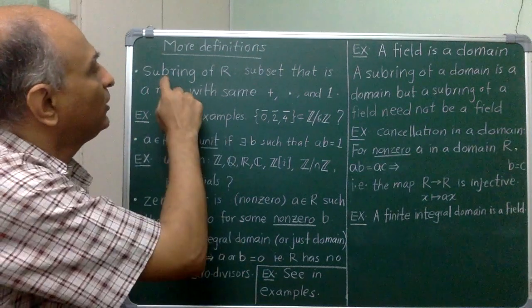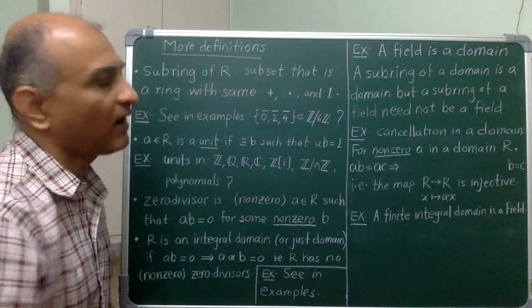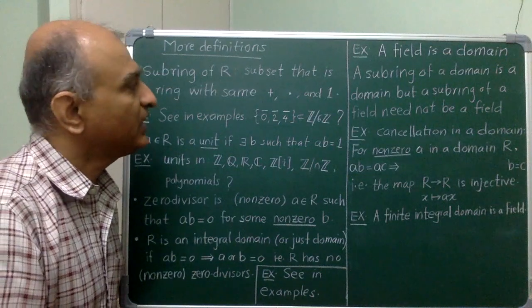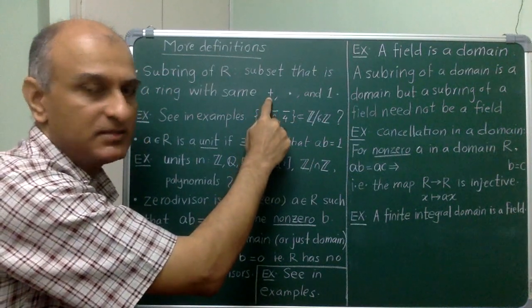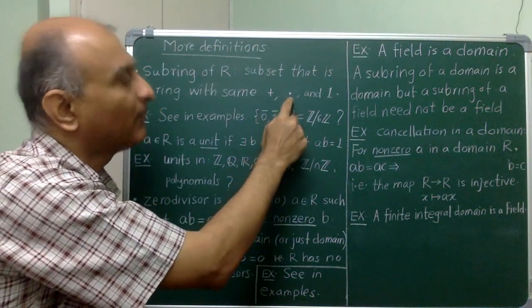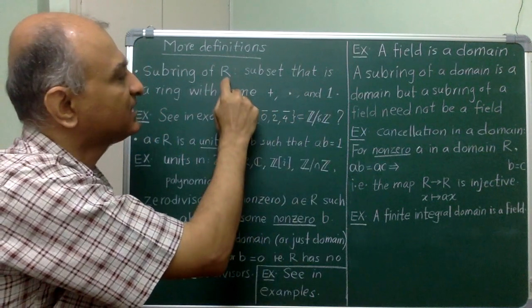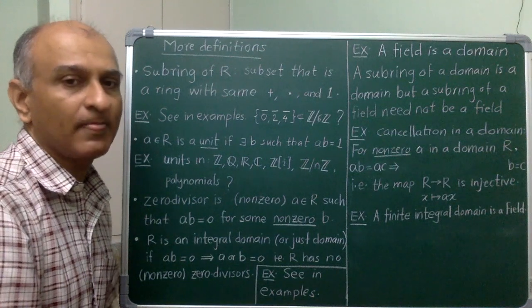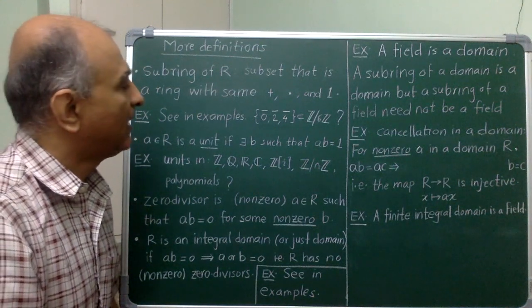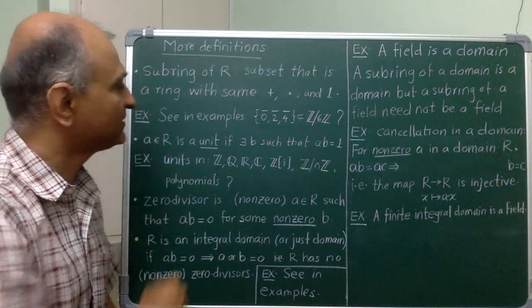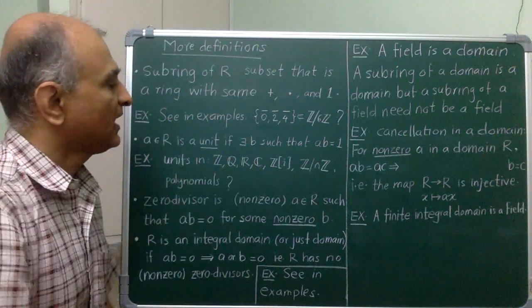So to check that a subset is a subring of R, all that you really need to do is to see that it is closed under addition, subtraction, multiplication, and has the same one element as in R. Okay, so please try to see as many examples of subrings as you can, and let's move on